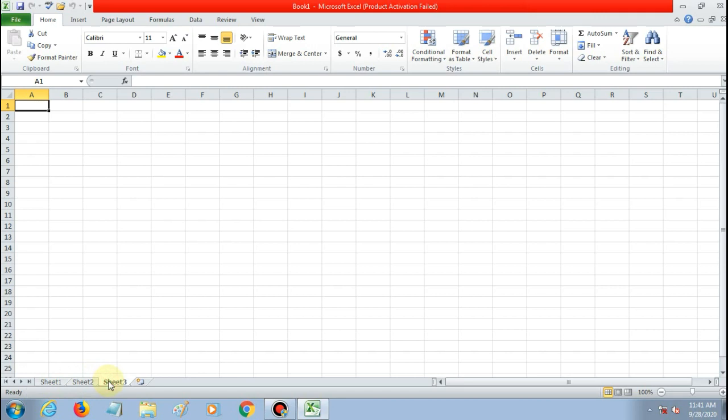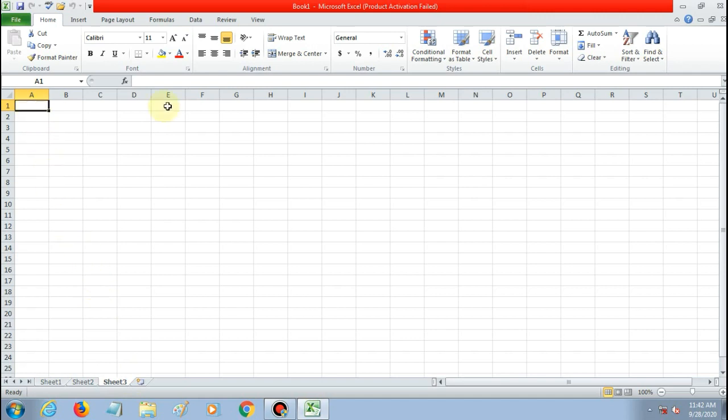Okay, you can delete or add a new sheet. If you want to add a new sheet, you have to click here on this icon. And if you want to remove, then right click on it and delete. So in this way you can add or delete a sheet in a workbook of Microsoft Excel.